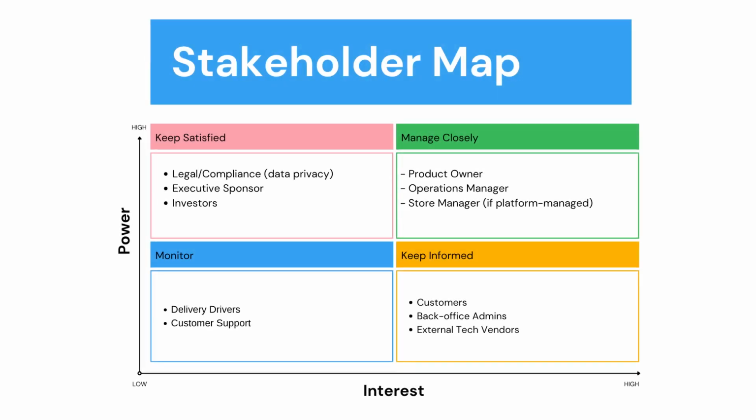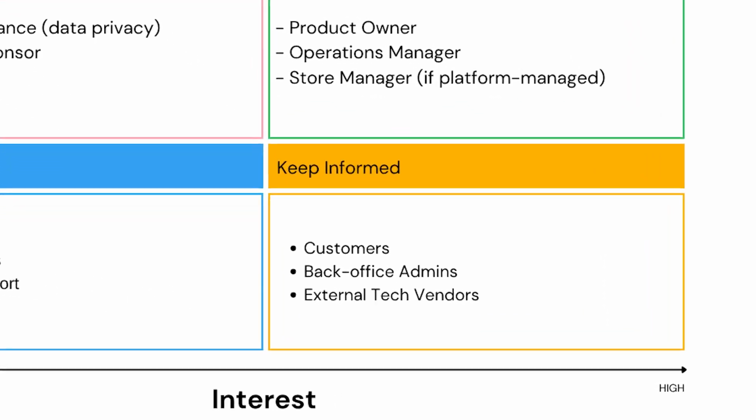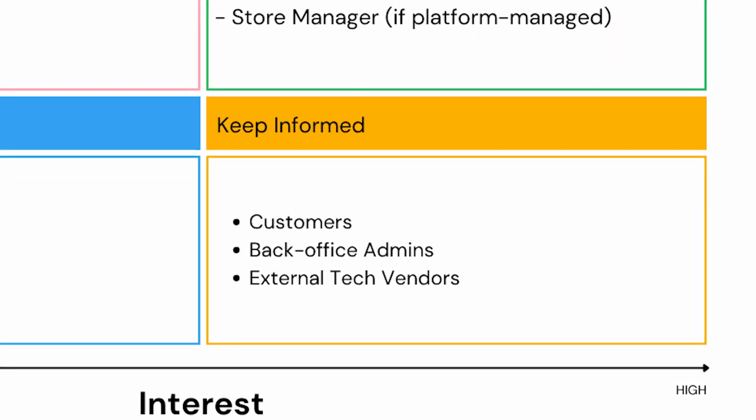So, using our case study, which is SwiftKart, on the power interest grid, we would have all the stakeholders listed out. So we would show the customers, the store managers, the delivery drivers, the product owner, investors, and the customer service people. And on that grid, we would show them according to their level of influence and according to their level of interest. So for example, the customers would sit within the high interest but low influence quadrant, and